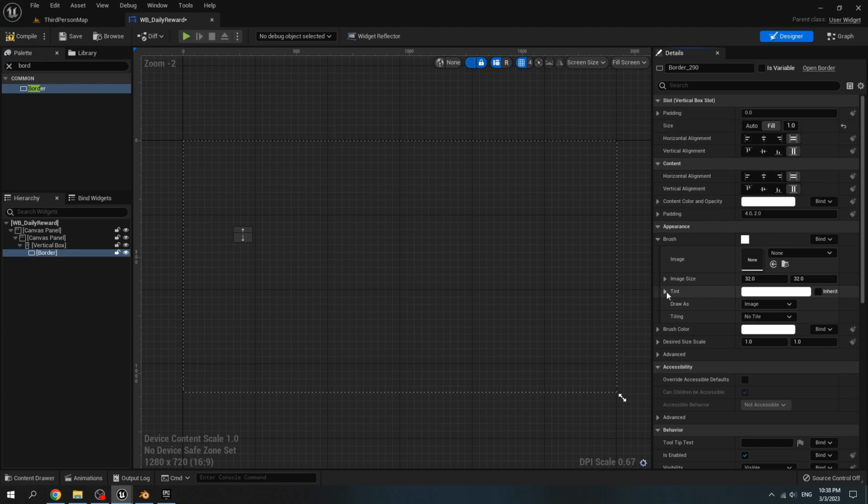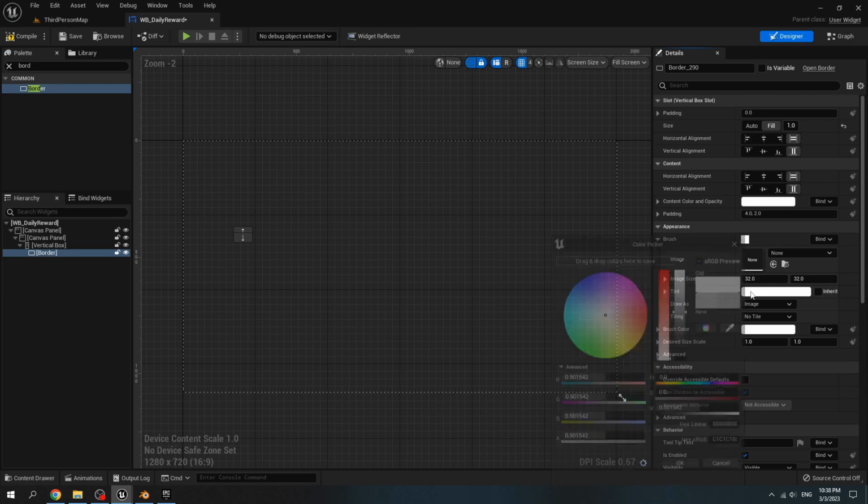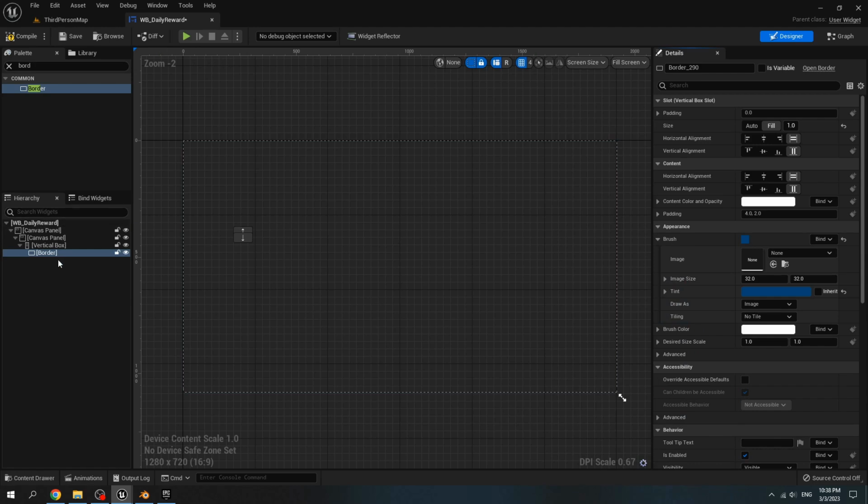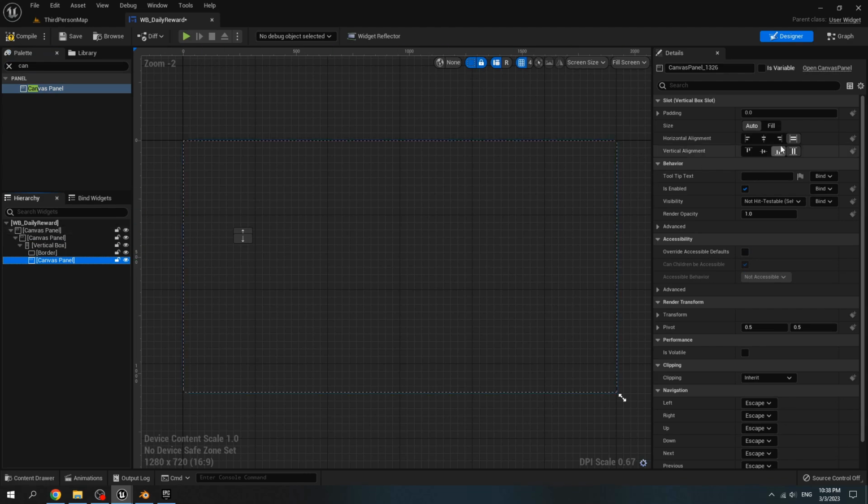Set tint color to dark blue. Then add a new canvas panel to the vertical box. Set it to fill.